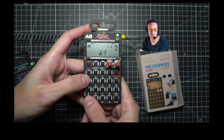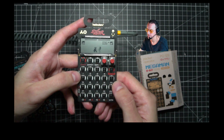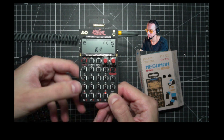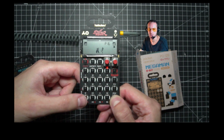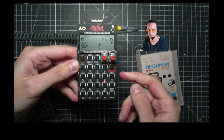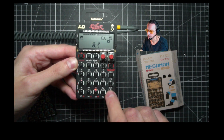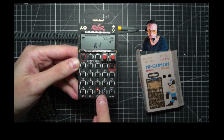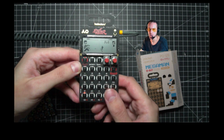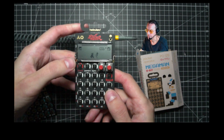Let's do something like that. So okay, play, and then I hold right, and then I can trigger in the beat. So instead of going right, pressing each step that I wanted, I just press play, hold right, and then I can record live while the